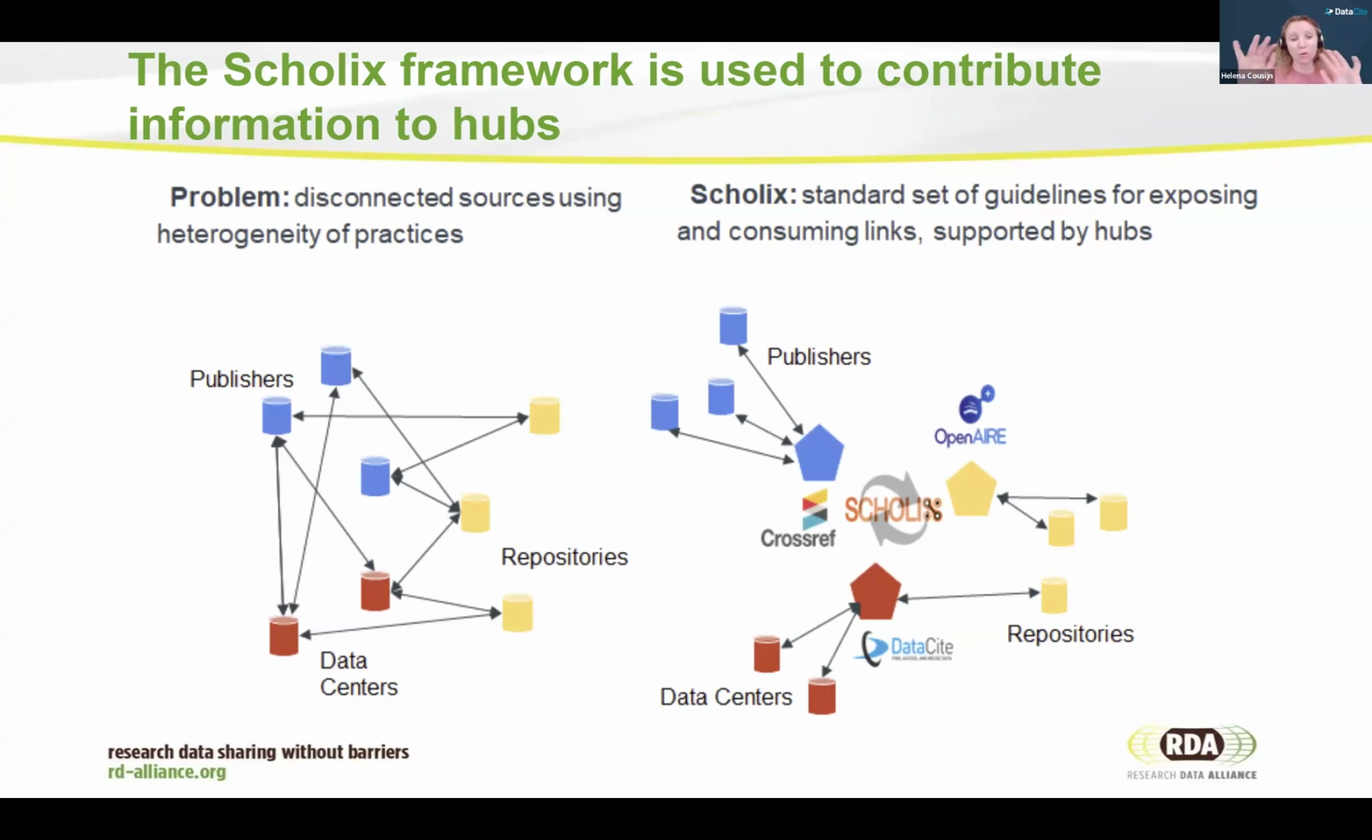And this is already quite an old visual, but I think it still explains well what the thinking was behind the framework. Initially, information was just exchanged between two parties. So a publisher would work with one repository to exchange information about the links between an article and a data set. But because we wanted to make that available to the broader community and have a standardized way of exchanging that, Scholix provides a standard set of guidelines for exposing and consuming links, and these can be contributed to different